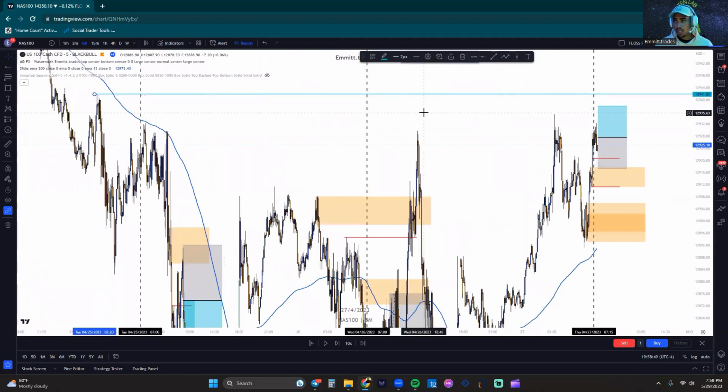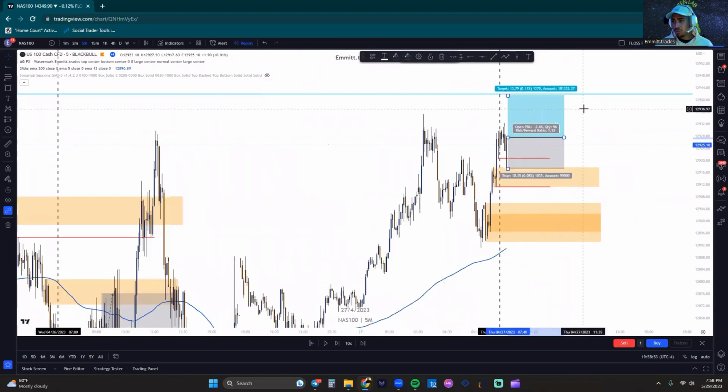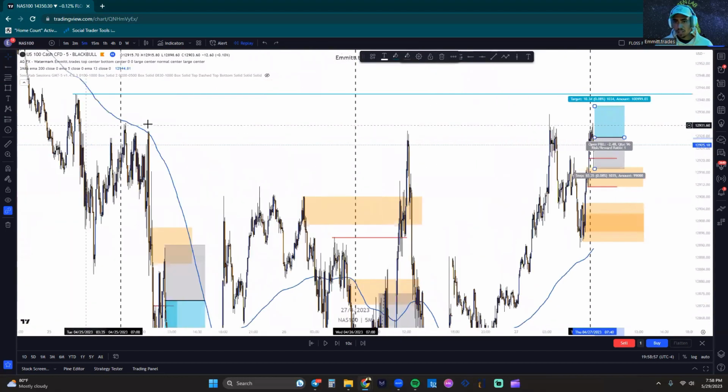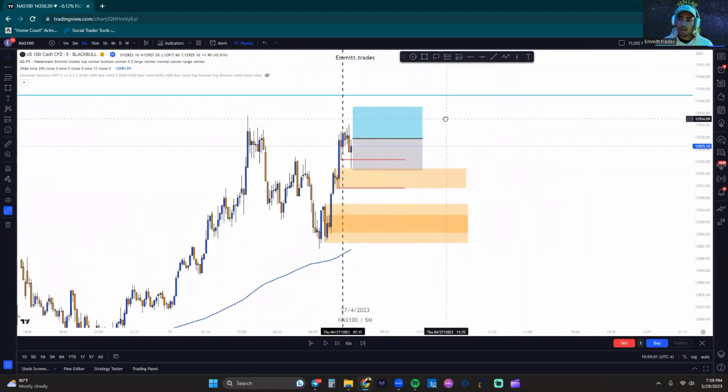There's one slightly above it. What is this, like a 1 to 1.3? To be honest with you guys, just because we're extending past all of these highs here, and we could reverse at any time, I probably would just take full out at 1-to-1. But it is what it is. Let's see what we get here.